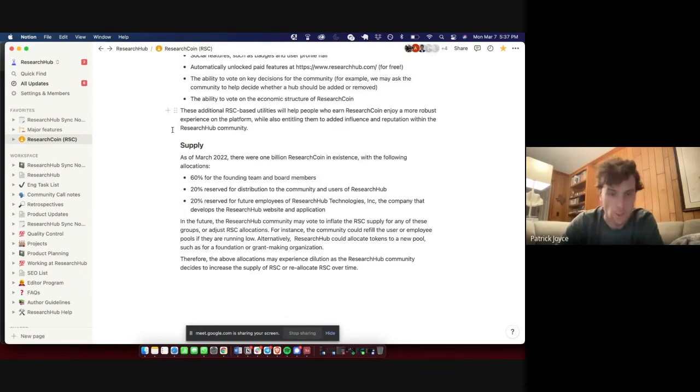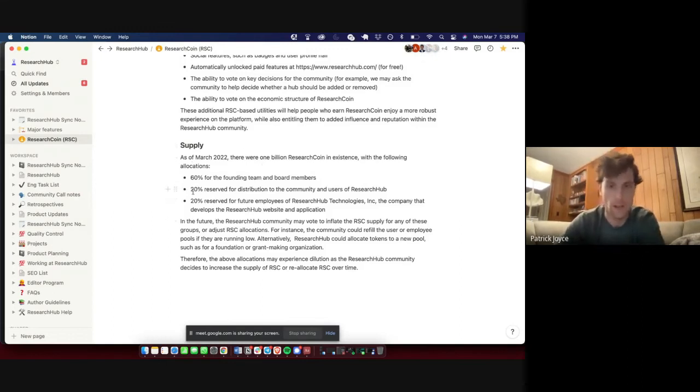And so Brian's thinking of ResearchHub in a similar fashion, except we'll never need to raise money. And instead of raising money, essentially what we'll do is dilute these buckets by minting new tokens to distribute to the community and future employees of ResearchHub. So at 5% per year being distributed basically to users via the app and performing services for the community, this pool will run out in about 4 years, at which point we'll host a community vote in order to mint